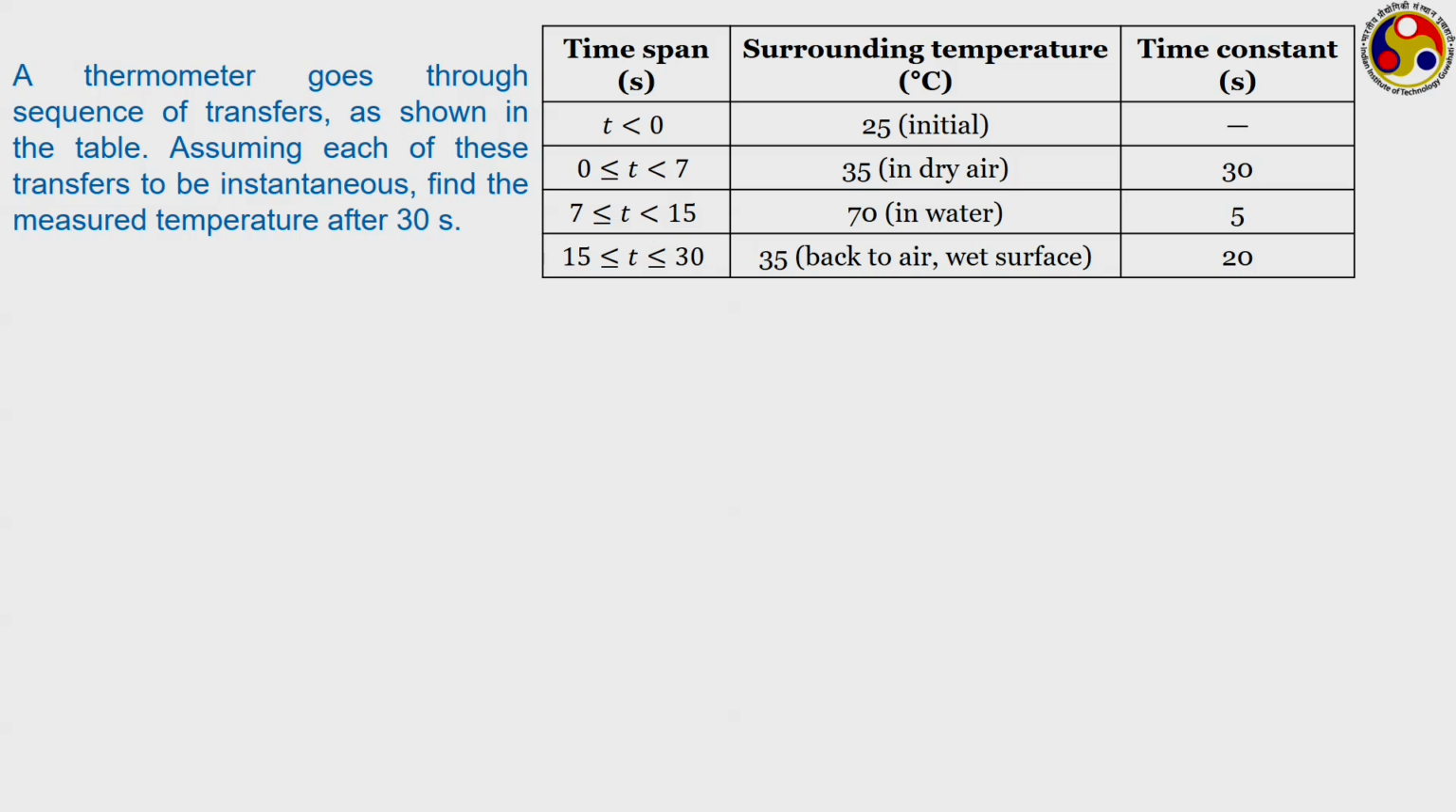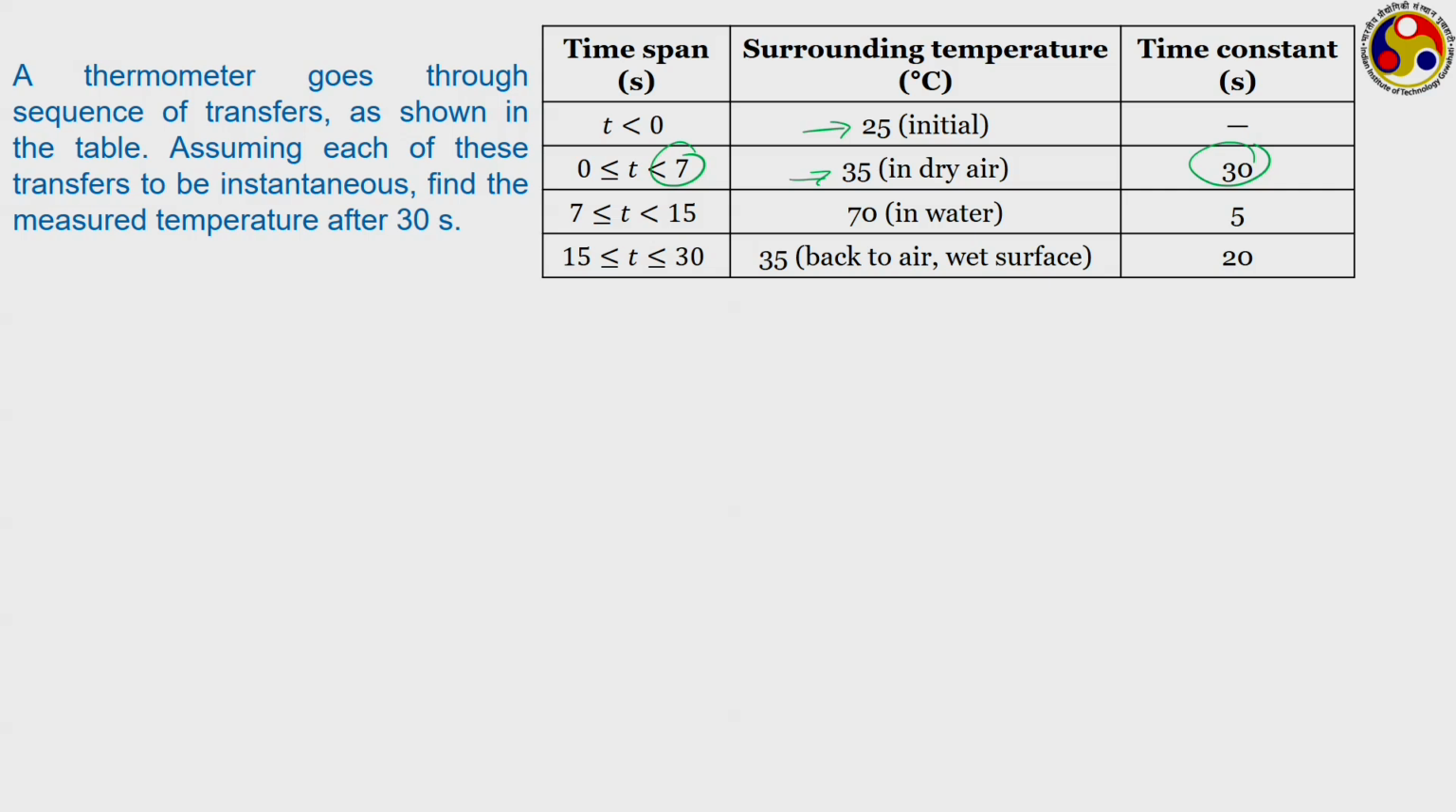Here our subject is a thermometer which goes through a sequence of transfer. Initially it is kept in air at 25 degree Celsius, then we are dipping this for a period of 7 seconds into another container of dry air, but the temperature is 35 degree Celsius, and the corresponding time constant is this. Here directly the time constant values are given. Remember the time constant for a thermometer depends upon the geometry, the properties, and also the value of U. Of course, the geometry of the thermometer is not changing, the properties of the thermometric fluid are also not changing,